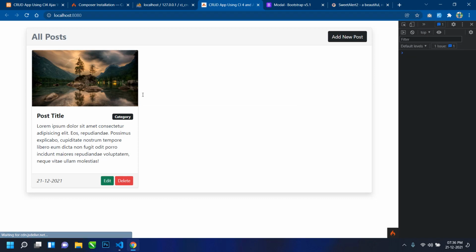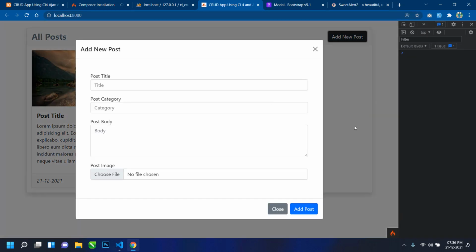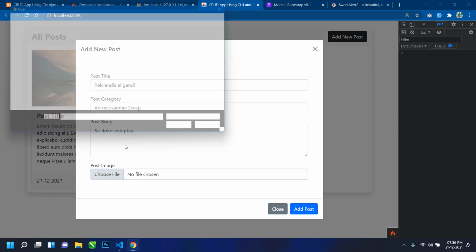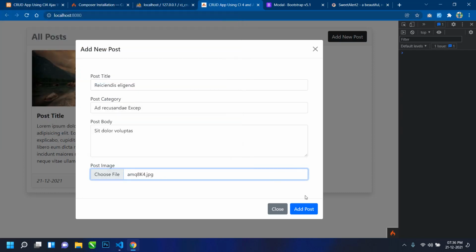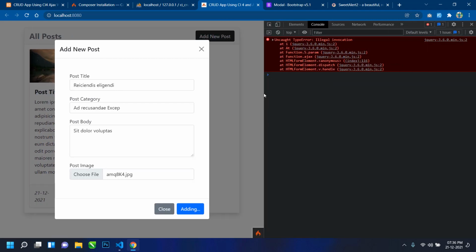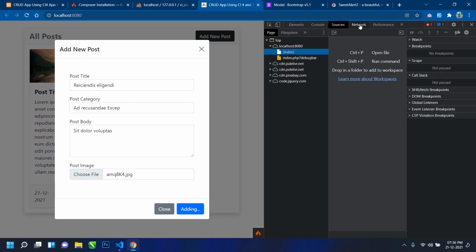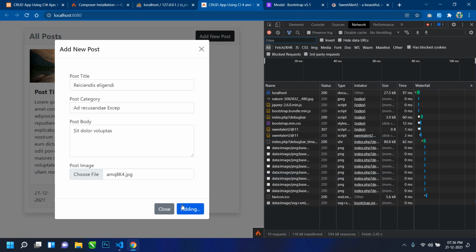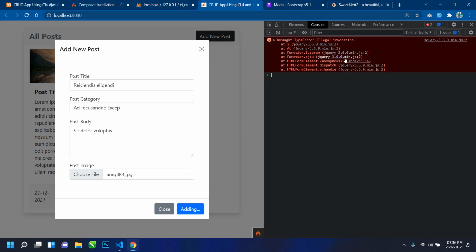If I just refresh here again, just write some random text in these input fields and select any file here, and click on add post, then we are getting some kind of error. Let me go to the network tab. So what is this error?